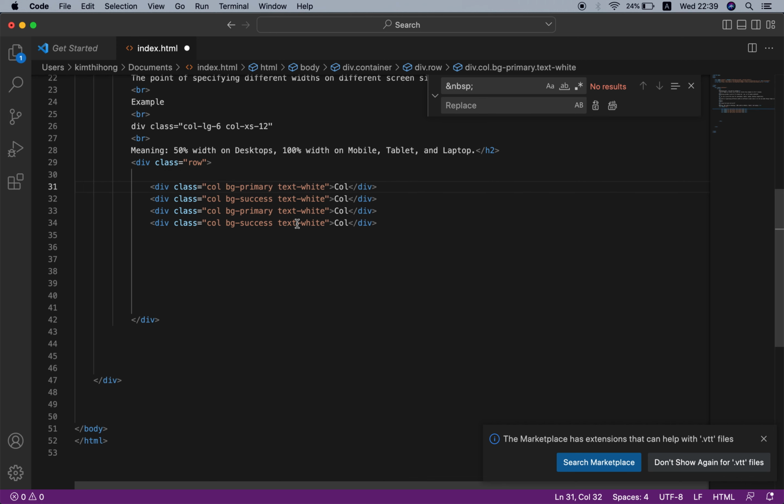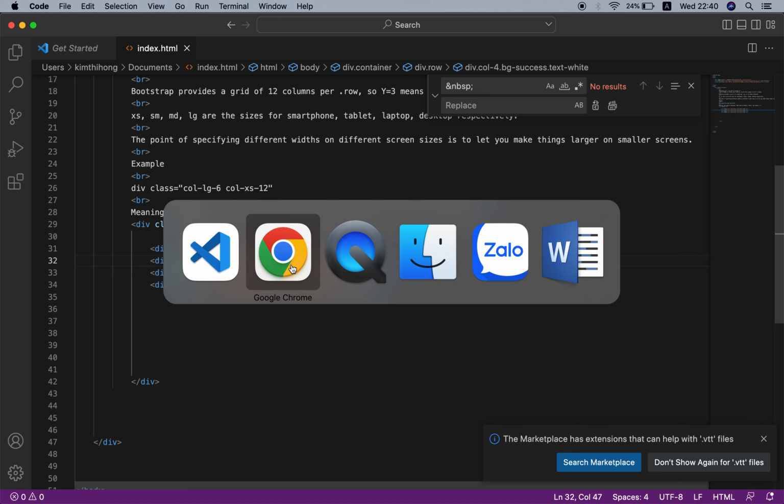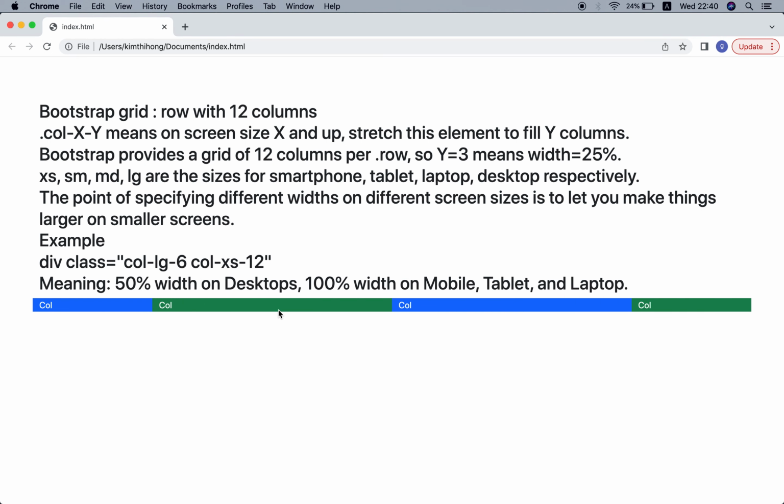Now the first column just 2, the second and the last column just 4. 2 plus 4 plus 4 plus 4 is 14... So we have 4 columns with different width. Save and check. Now you see we have 4 columns with different width. The first is 2, the second is 4, the third is 4, and the last is 4.